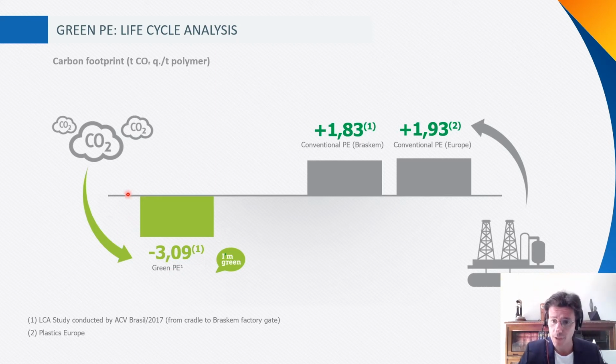Basically, we are putting that CO2 in a very stable polymer, right? And this polymer will be used in several products, especially when you're talking about long-term applications, right, that can capture this CO2 in construction, in cars, and other long lifetime applications. So basically, our polymer fixes 3 tons of CO2 per ton of polyethylene,